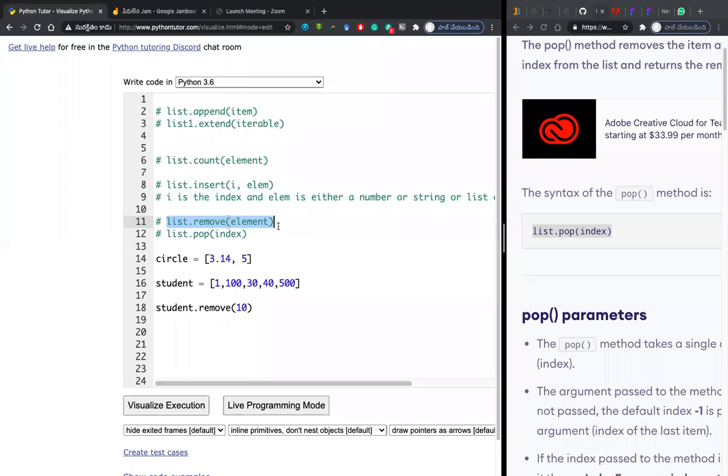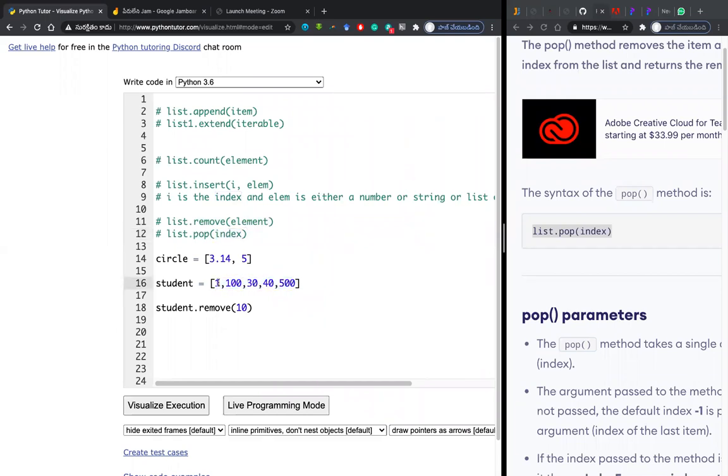Then I know specifically there is a person called Ramesh. I will mention Ramesh in the place of element. So this is where I use remove. But if I know the index, for example, take the index as a roll number. If I know the roll number, I don't know whoever the person might be in that particular roll number, I only mention the roll number. In the same sense, I only mention the index, because index acts as a roll number to all the elements that are present in the list.